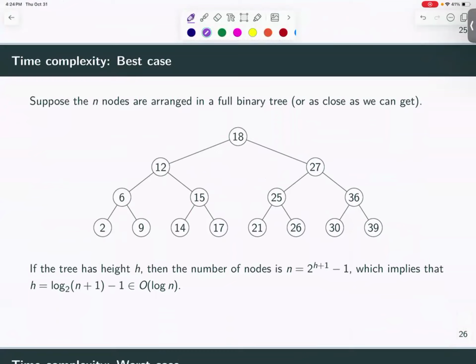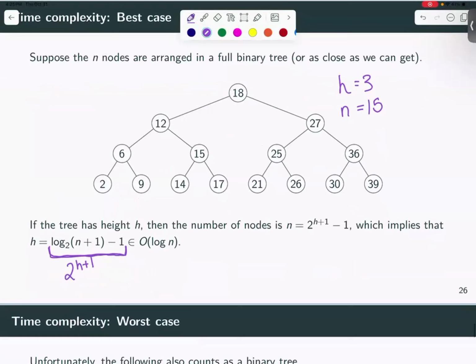If we suppose that n nodes, here we go, we can see it more clearly down here, if we suppose that n nodes are arranged into a full binary tree or as close as we can possibly get to it, we know that if our height is 3, our number of nodes is going to be 15, right? So if our tree has a height of h, then the number of nodes is going to be 2 to the h plus 1 minus 1, which, as my very awful math just showed, we end up with h being equal to this wonky function right here, because 2 to the h plus 1, if we take the log base 2 of that,